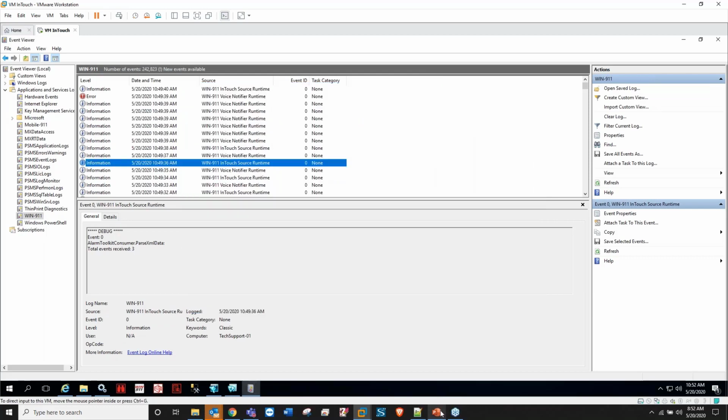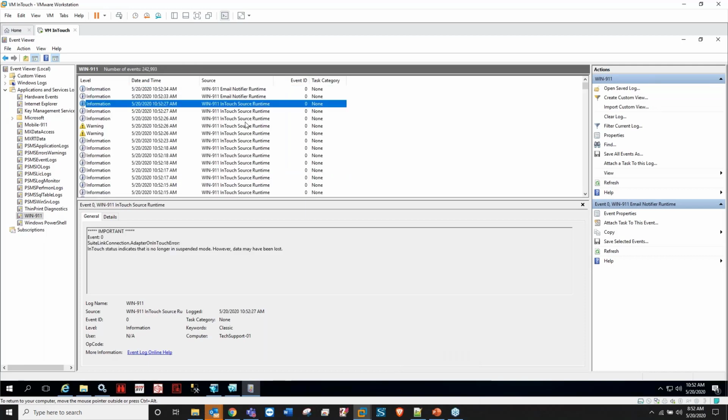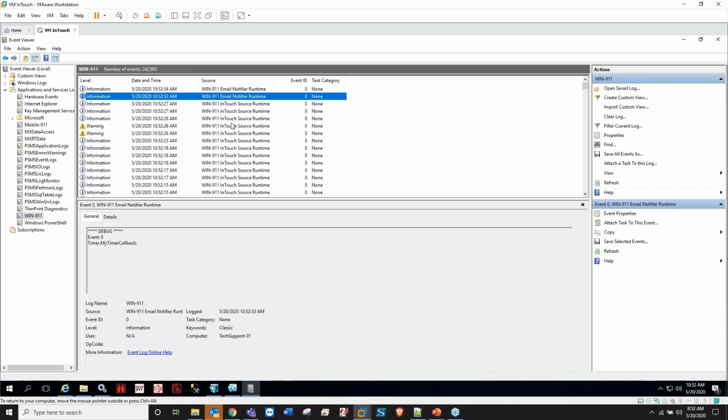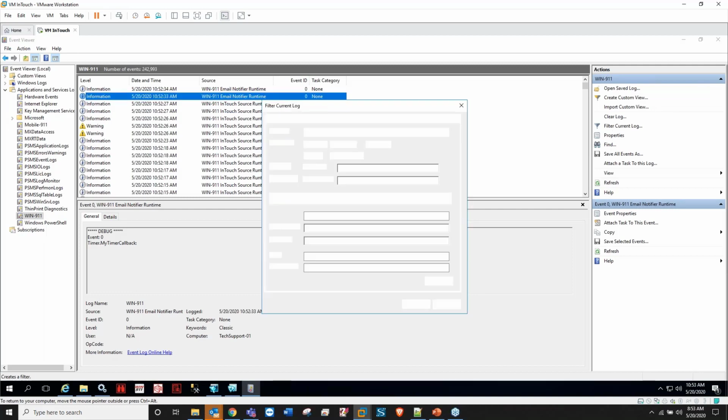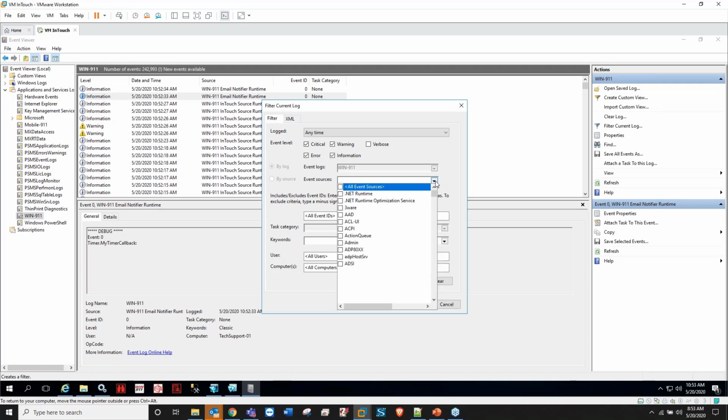All right. So that's debug logging, super helpful. You can follow the path of just filtering out one source if you want to. Instead of seeing all this information for all the different modules, if you're not aware of how to filter Microsoft's event viewer logs, you can just do filter current log here on the right, and you can do critical, warning, information, error, select the source, go down to the W's for Win911,